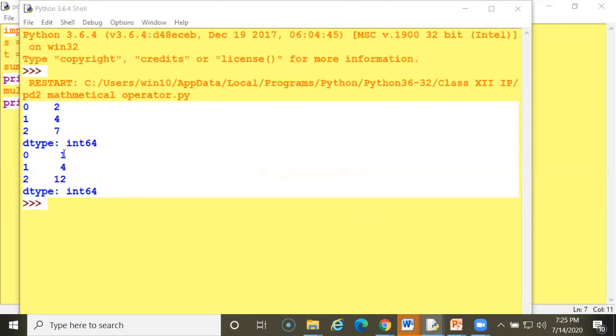And this is for multiplication: 1 into 1 is 1, 2 into 2 is 4, and 3 into 4 is 12. So this is multiplication and this is addition. You can use any mathematical operators with a pandas series.